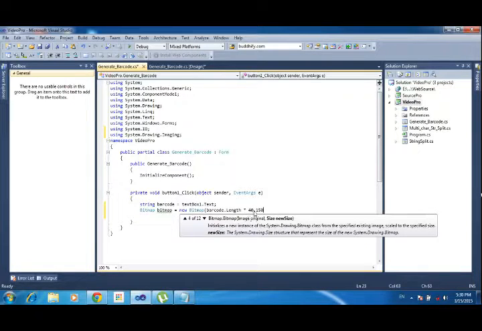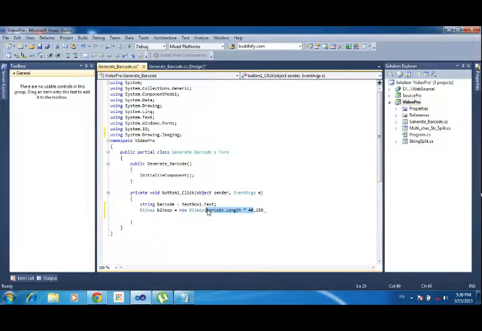This is the width of the image size and this is the height of the image size. The height I am fixing as a constant, and the width depends on the text length, multiplied by 40. So one character equals 40 pixels of length, which I am declaring here.